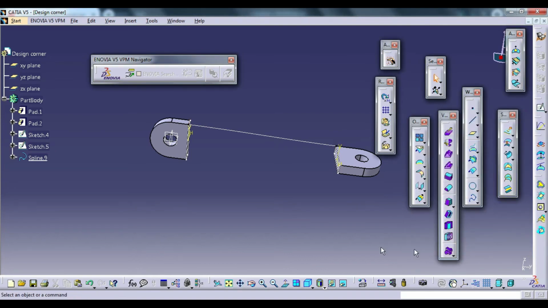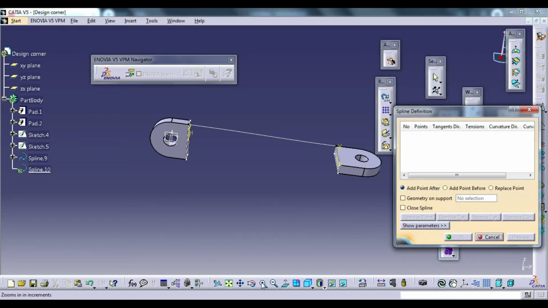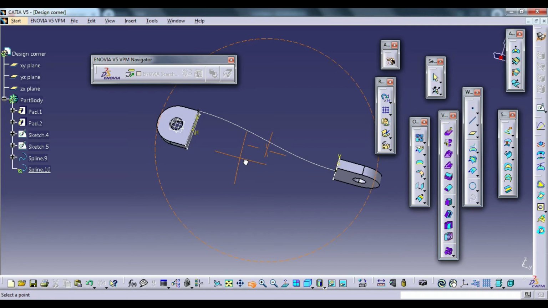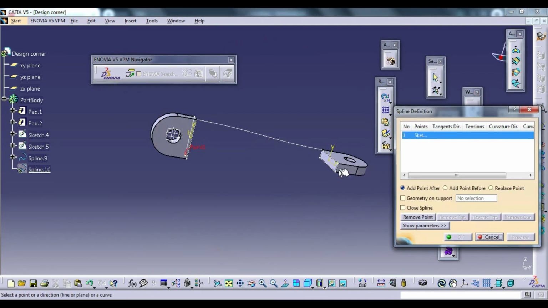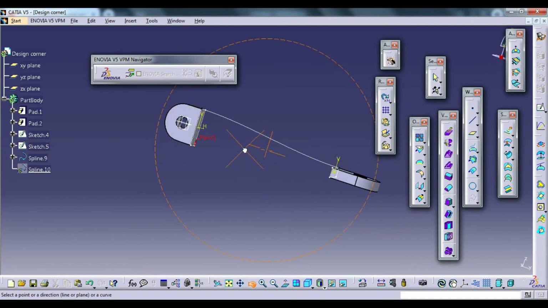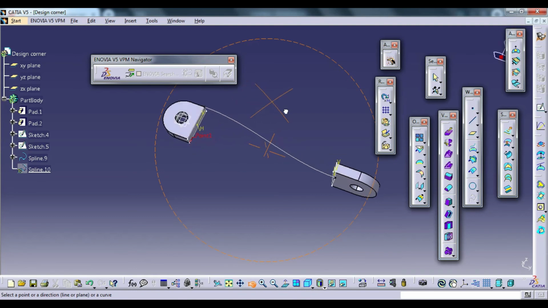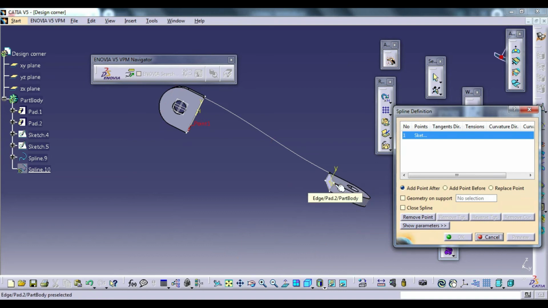After that, preview. Again you click this plane and click against the part corner. Point 1 and point 2.